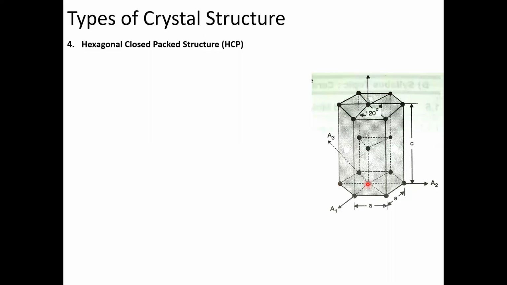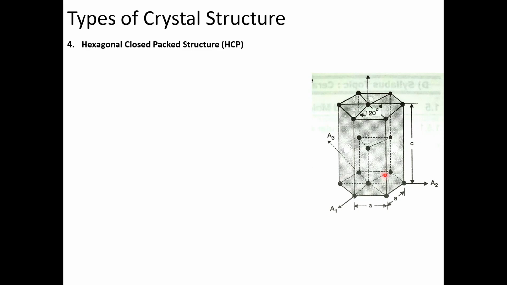This hexagon has one center atom, and the top hexagon also has one center atom. So both hexagons are separated by a distance called c. Okay, so the distance or height between the two center atoms of the hexagon is denoted by the small letter c. a is the length of the side of the hexagon. b is also the same. So a is equal to b, but not equal to c, because c is the height, which is very high as compared to a and b.